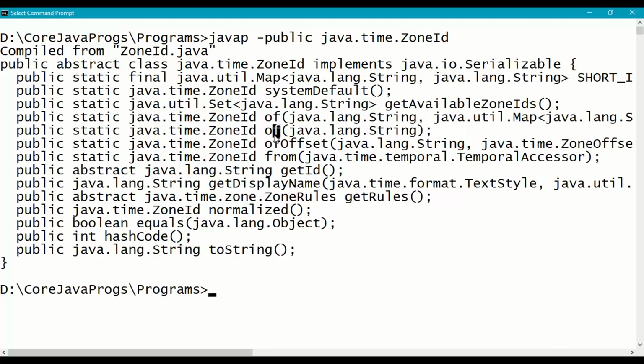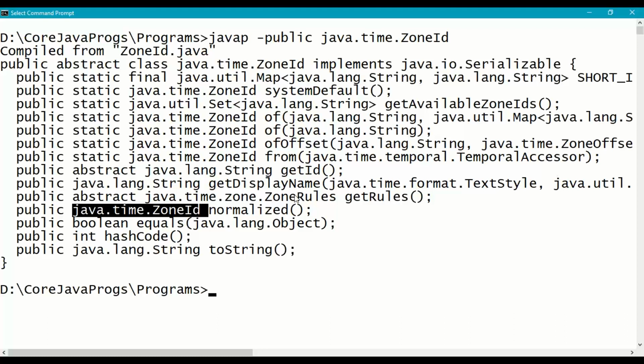And then we can also use of(String). We have to pass the zone ID as an input parameter string, like Asia/Kolkata, Asia/Calcutta, Asia/Singapore, of a particular country or place. Then it will return a ZoneId object reference. These are static factory methods, and we can use them directly with the ZoneId class name. We can also use getRules, which shows the rules applied to that particular zone, and normalized, which returns the ZoneId for a particular zone reference.